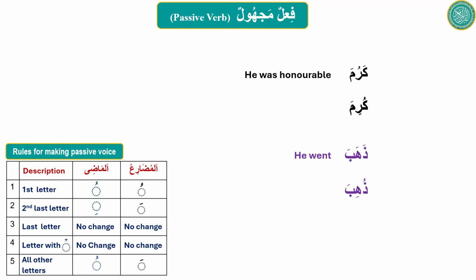You cannot translate it either. You can try as much as you want. You will not be able to translate it because there is a problem here. Is it because they don't have ismu maf'ul? Yeah, so we learned that. But I'm trying to demonstrate here that not all fail can be changed to fail majhul form. That is not possible. Some verbs will not have a majhul form, like karuma, like zahaba.